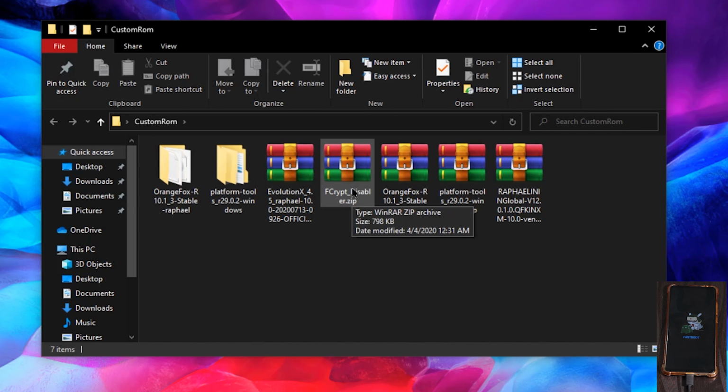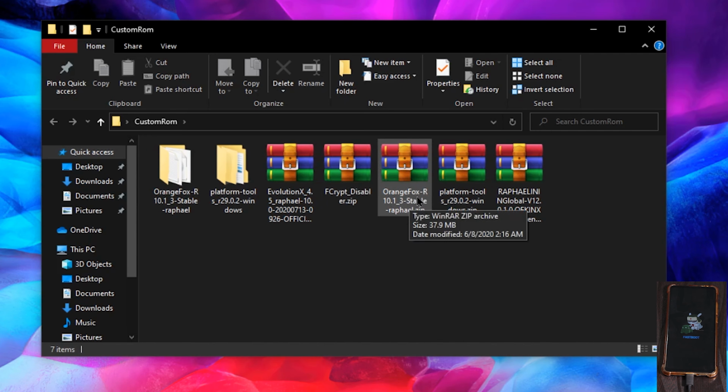If you want to have a password in your recovery, whichever your lock screen pin is in the UI, you will have to enter that pin in recovery if you do not flash this zip file. So I'm gonna go the decrypted way, so that is why I need to flash this zip file and I'm gonna use it. Here I have the OrangeFox recovery with which we are gonna flash the ROM, of course, and this